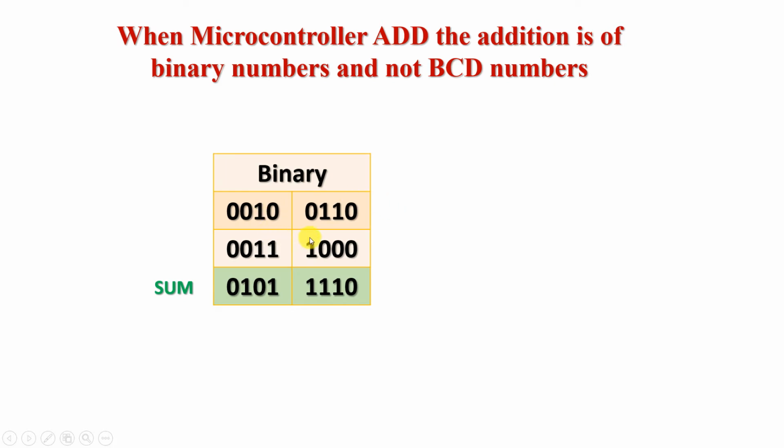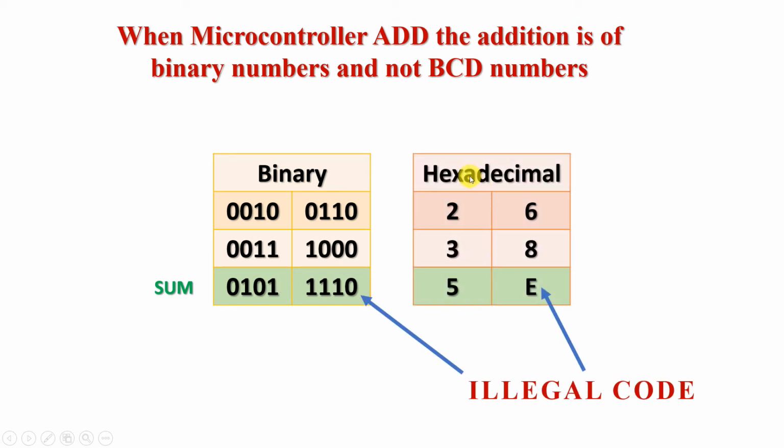So say for example, here I have shown a binary addition. These are the two numbers which are to be added. These are two 8-bit numbers which we add, and this is the result. So this is 26 and 38. These are the two numbers, and when you add them, then the result is 1110, that is E, and 0101, that is 5. So that is what is shown over here.